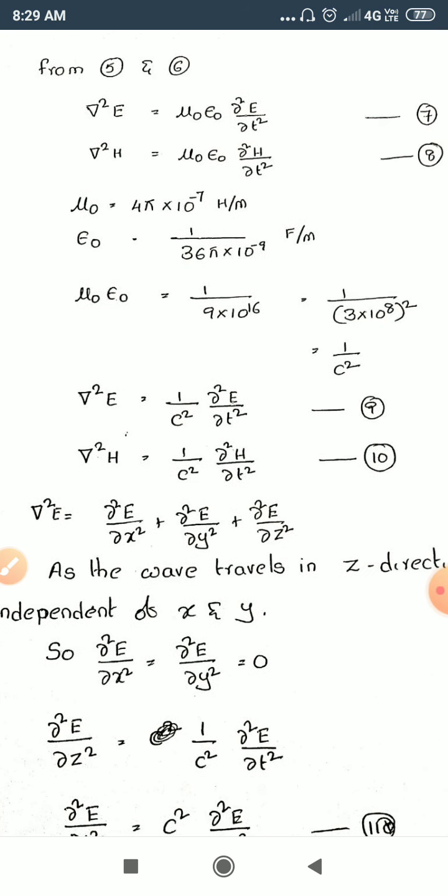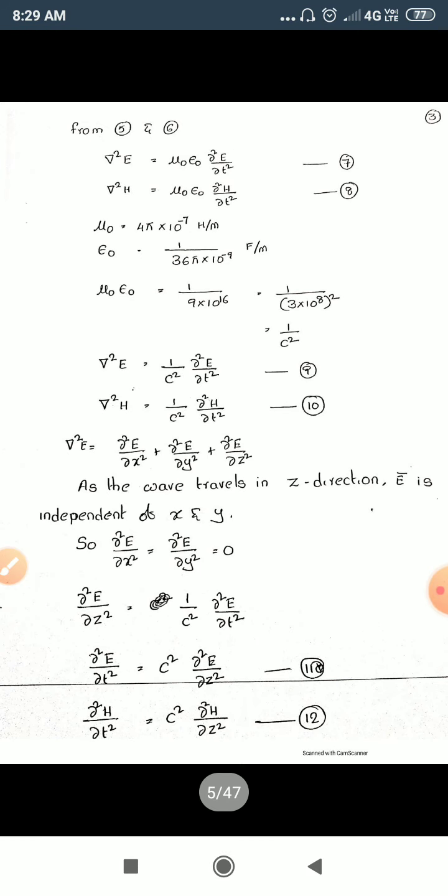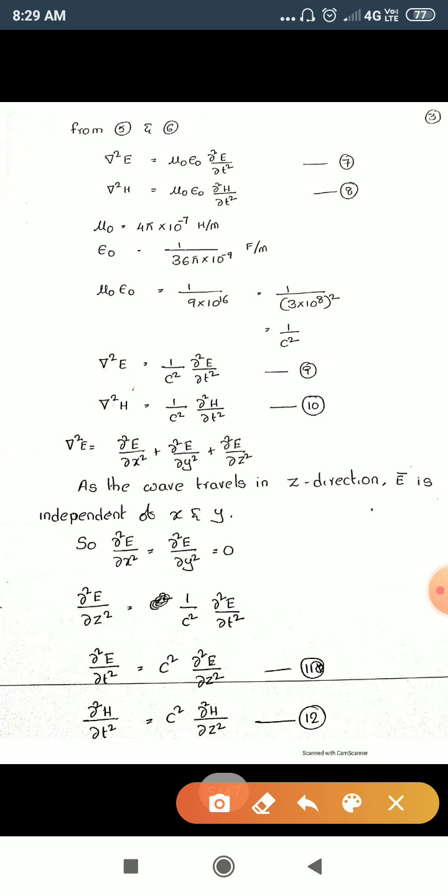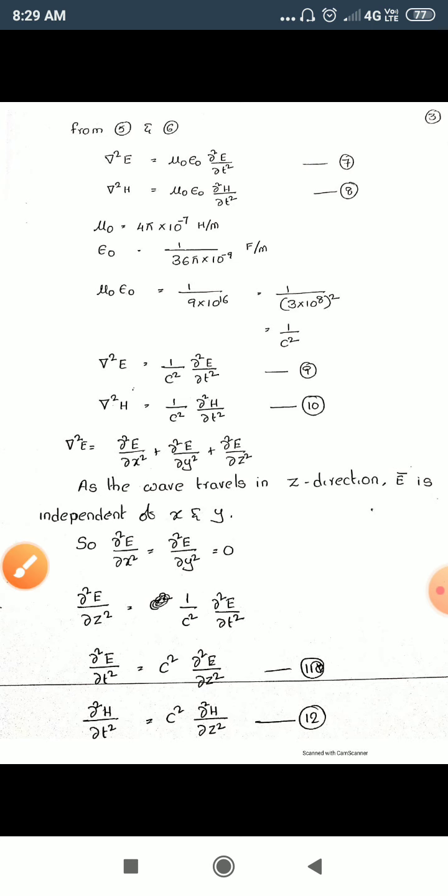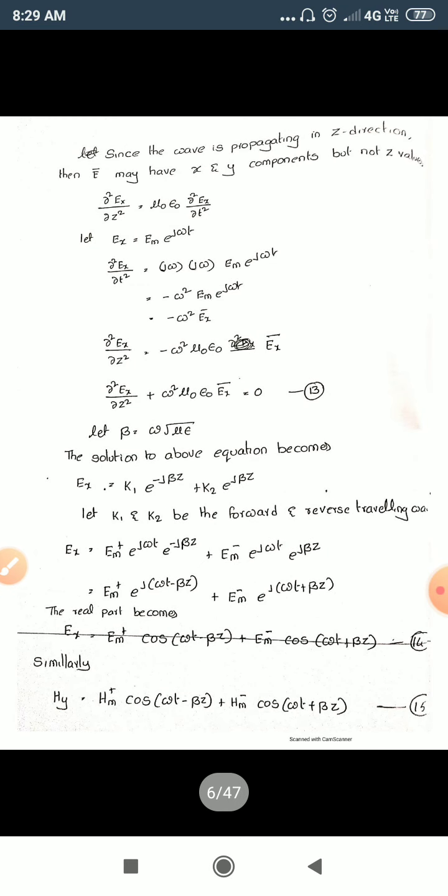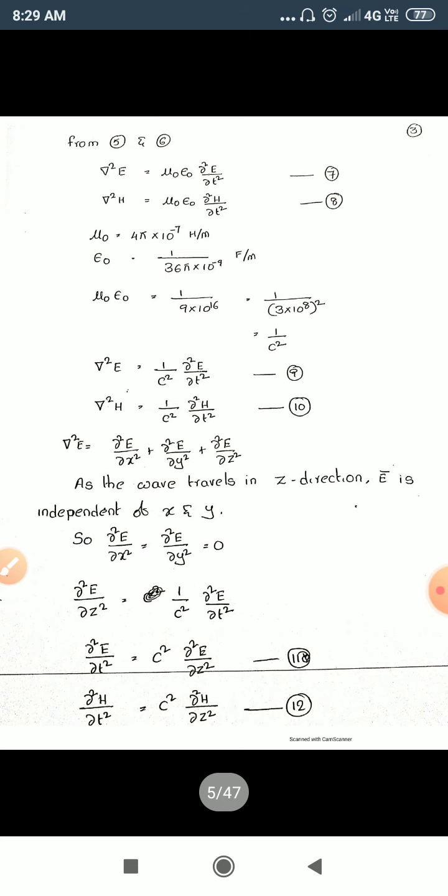So we will go to the next equation. Similarly we can write equation 12 by taking equation 10. By taking equation 9 we got equation 11, and by taking equation 10 we get equation 12. The basis for this one is 9, for this one is 10. So what we got are two equations, let the two equations be 11 and 12.